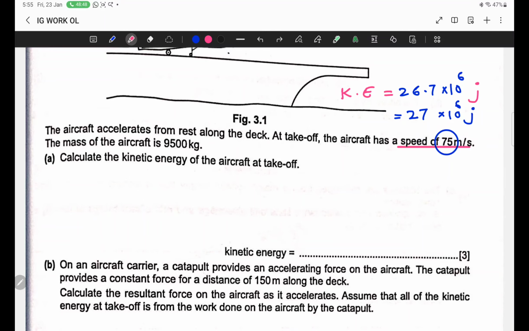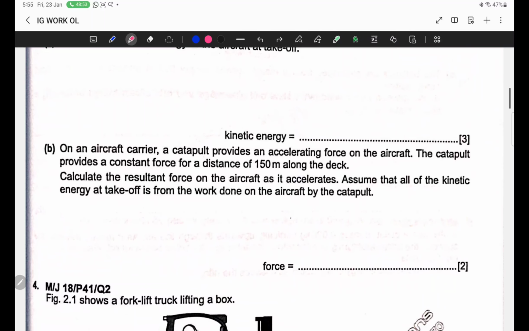And now another question, the B part. On an aircraft carrier, there is a catapult that provides an accelerating force on the aircraft. The catapult provides force for a distance of 150 meter. We are given the 150 meter distance. Calculate force, and assume kinetic energy